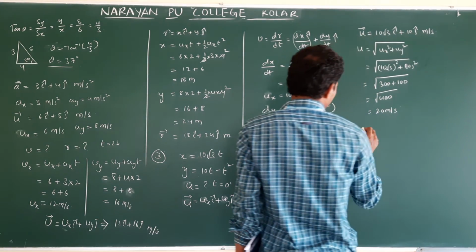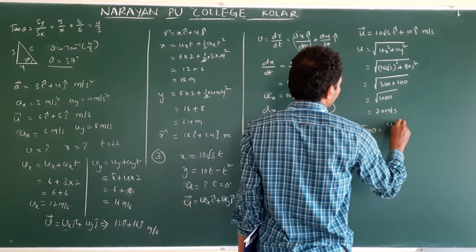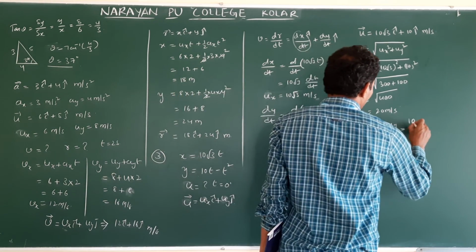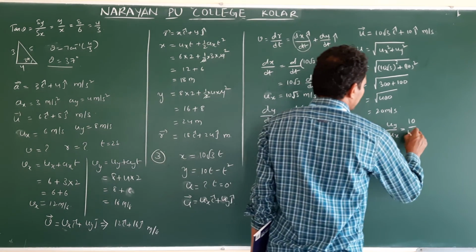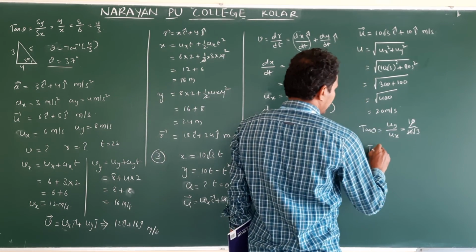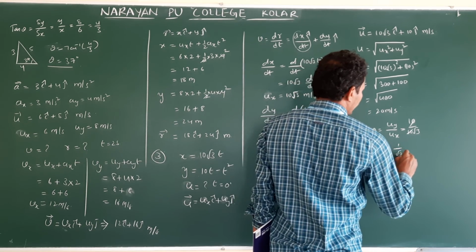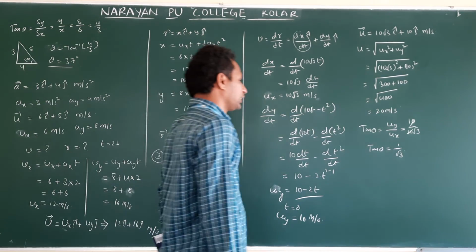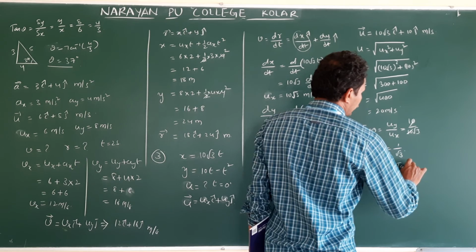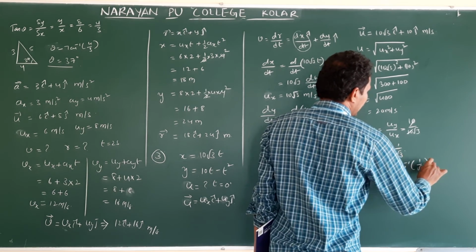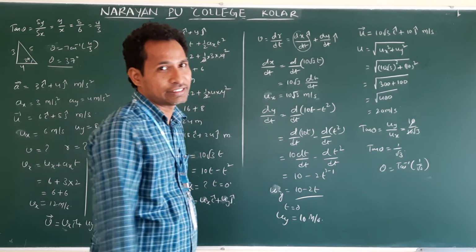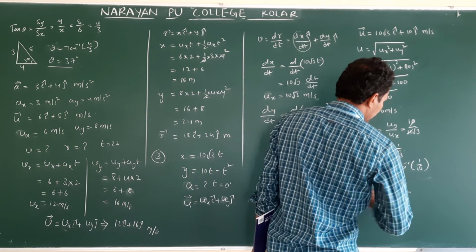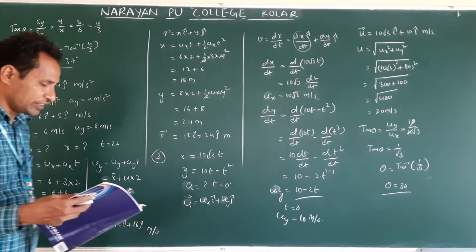And they calculate the direction also. How do you get the direction? Tan theta is equal to uy by ux. What is uy? 10, by ux, 10 root 3. 10 cancels. Tan theta is equal to 1 by root 3. Clear? For what angle is tan 1 by root 3? Theta is equal to tan inverse of 1 by root 3. For what angle of tangent do we get 1 by root 3? This is 30. So theta is equal to 30 degrees. Clear? So this is example 3.